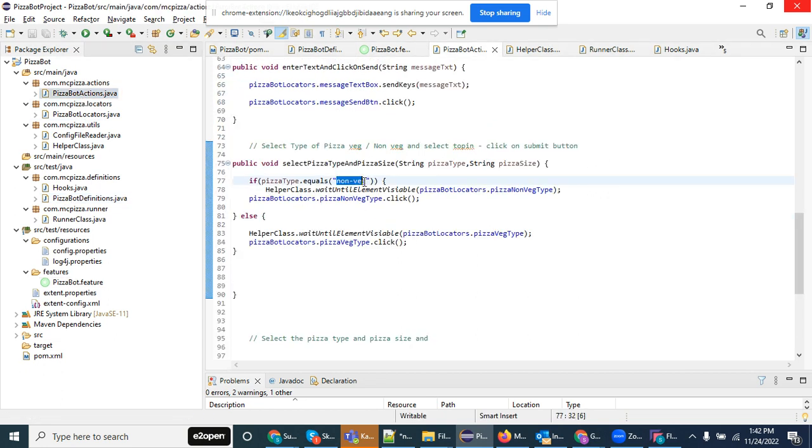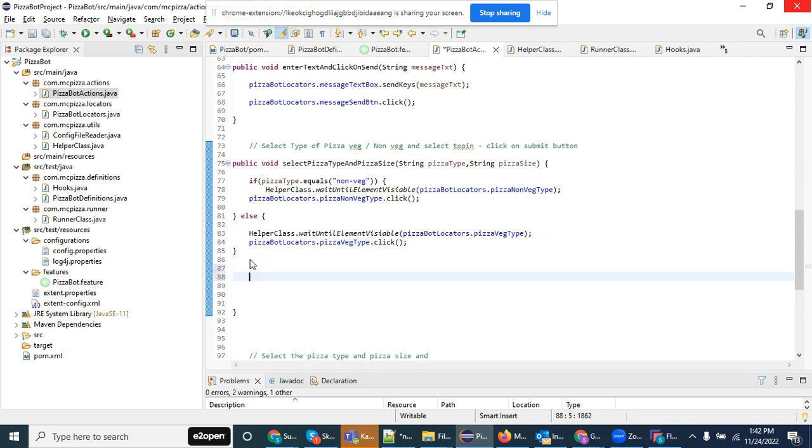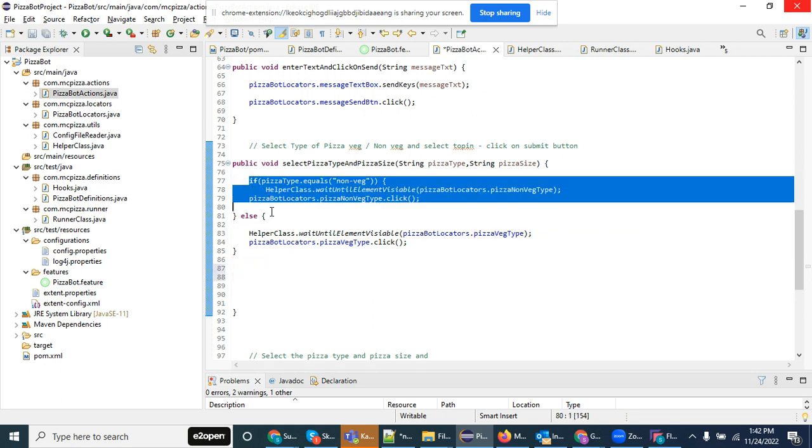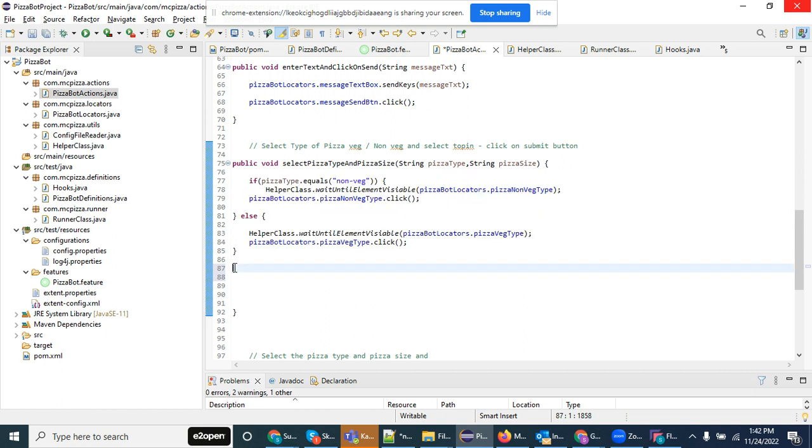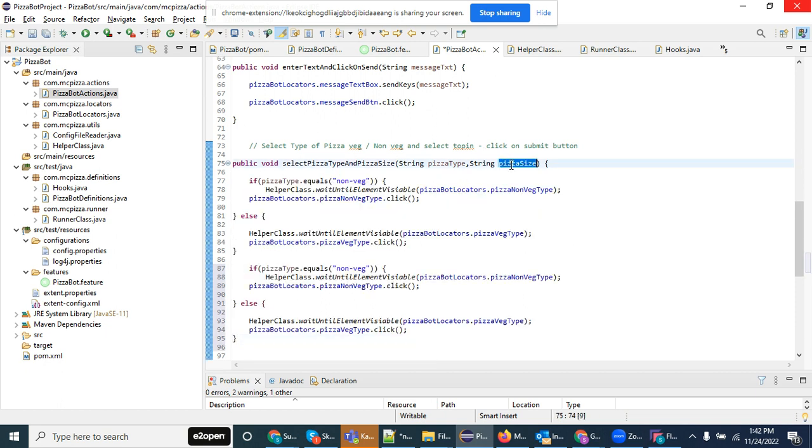Okay, yeah. And next, size of the pizza. The same way I can write the if conditions: if pizza size is small, and else if